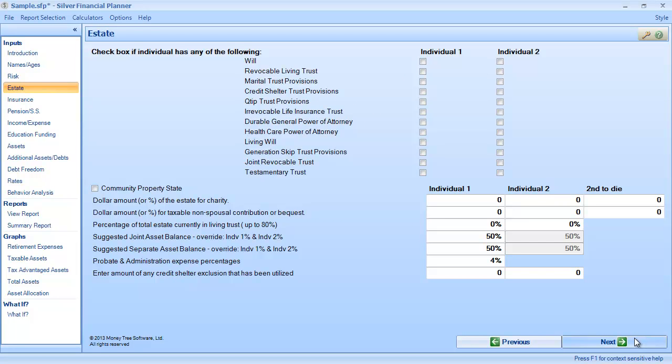So estate is going to collect any estate strategies that the clients might already have in place. If they have a will or they have a credit shelter trust already set up, you can check the boxes here. If they're in a community property estate, there's a checkbox for that. So this is one of the data inputs that can be skipped if you are not using the estate planning